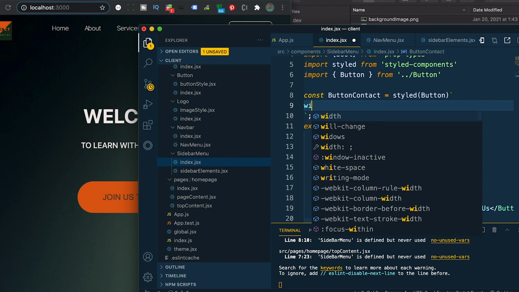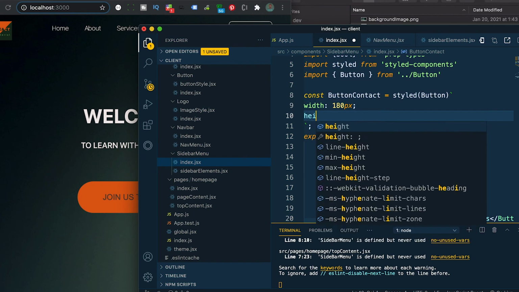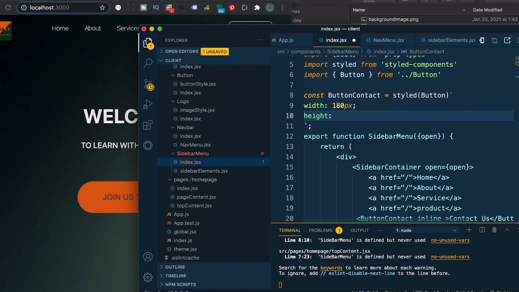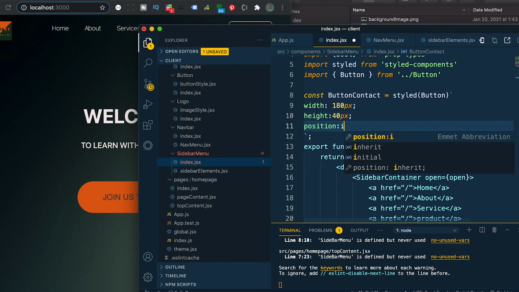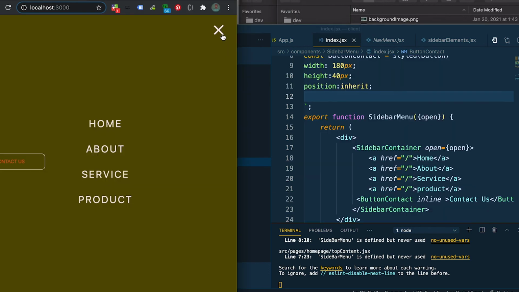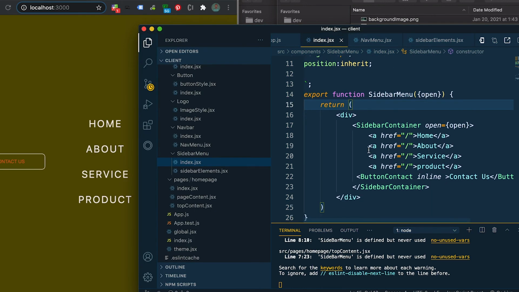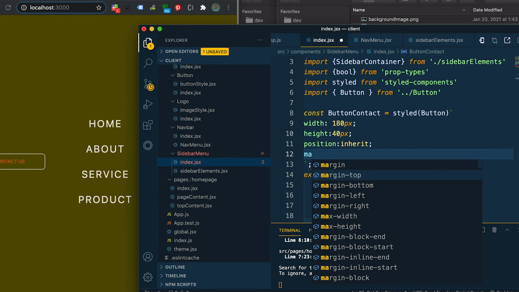Here we'll have width of pixels, height will be 40 pixels, will be inherit position. Okay, so what we are going to do is going to say margin